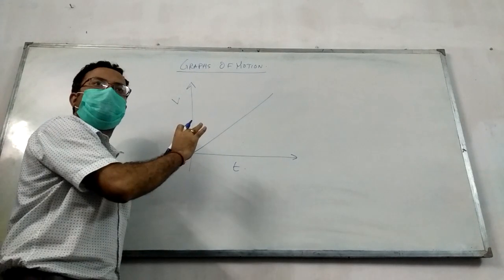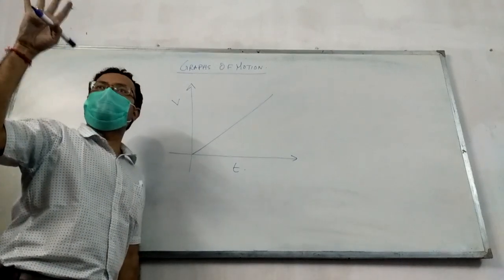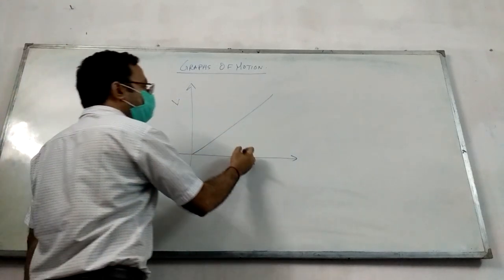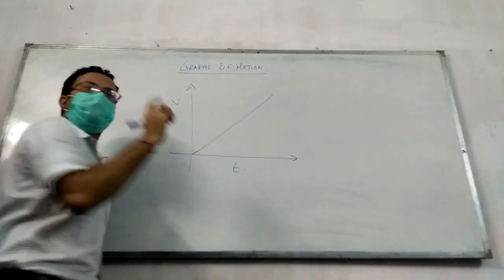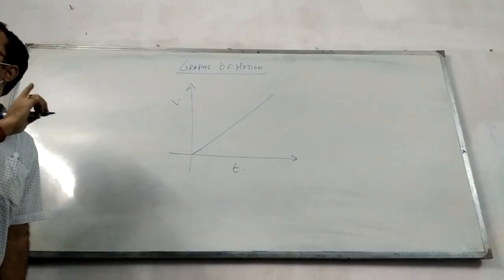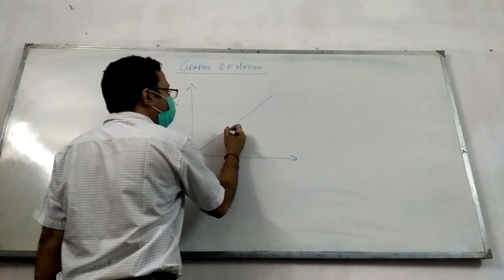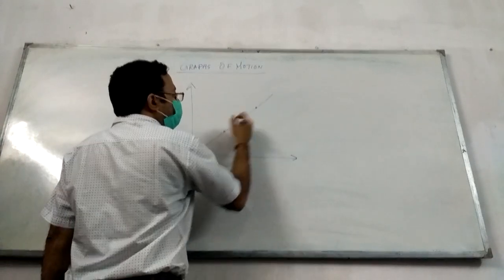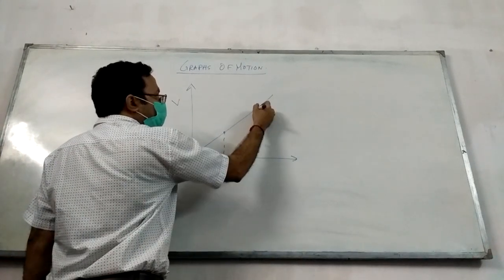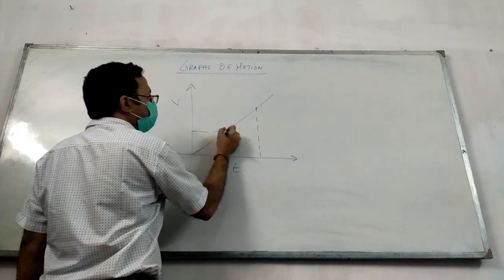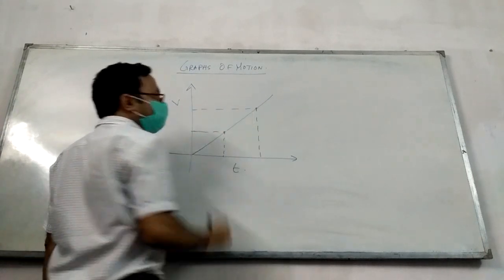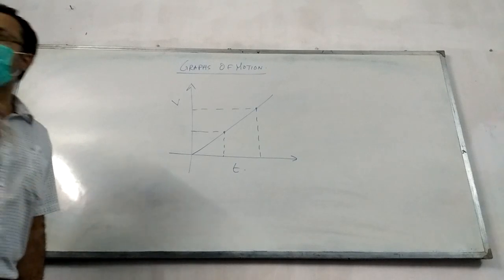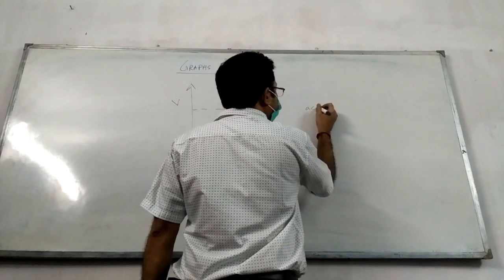From a velocity time graph, we can find out four quantities. चार quantity निकाल सकते हैं. कोई एक पर्टिकुलर टाइम में कितना वेलोसिटी है वो निकाल सकते हैं, मतलब टाइम और वेलोसिटी निकाल सकते हैं. और अगर हम लोगों को दो पॉइंट मालूम है, उन दोनों के बीच में अगर हम लोग स्लोप निकालते हैं तो हम लोग को क्या मिलेगा? We all know this, right? So acceleration